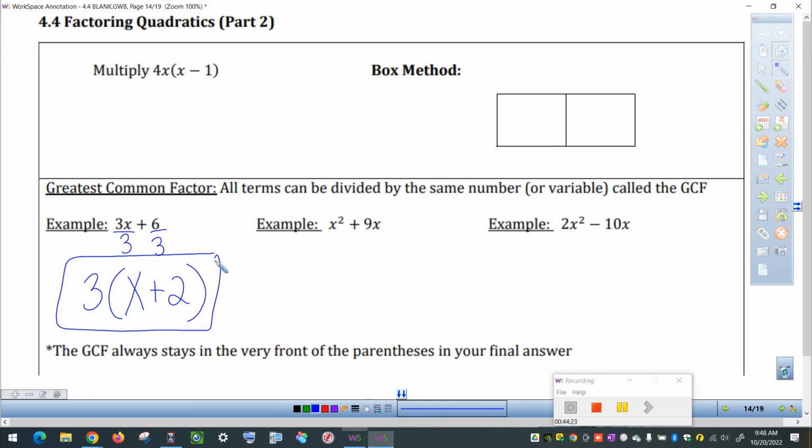3 times x is 3x, check. 3 times 2 is 6, double check. It's good. In the second one,